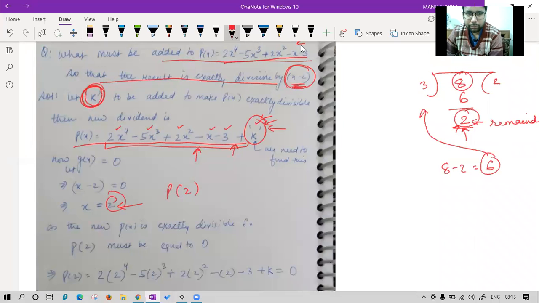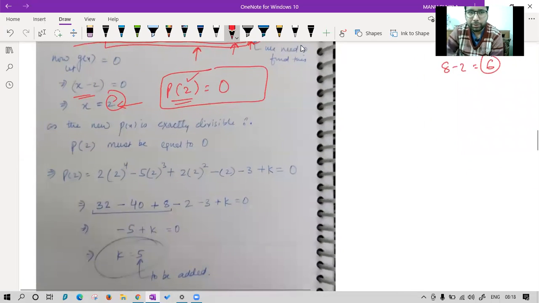So we must get P(2) equal to how much, class? If x minus 2 is a factor of this new polynomial, we must get P of 2 equal to 0. So in the complete equation, there are two variables, x and k. If we put P of 2, x is gone, only k will be left. So you can see I have just replaced all the x with 2, leaving only 1k behind as the variable. So we can easily find the value of this variable after solving the equation, and the value is 5.